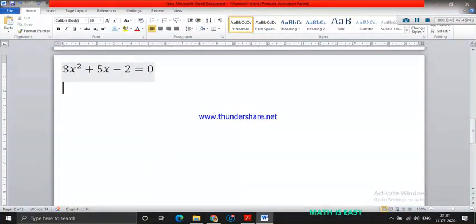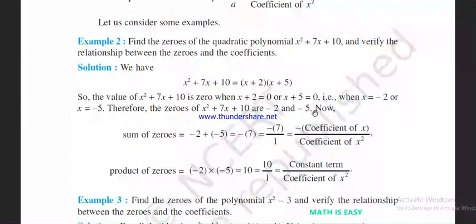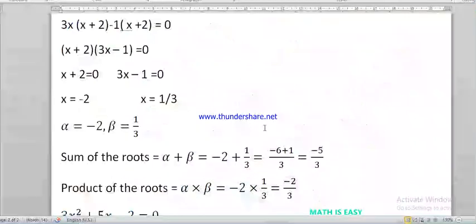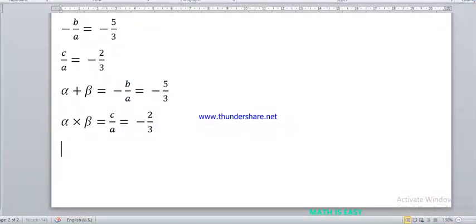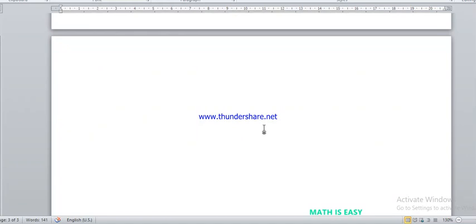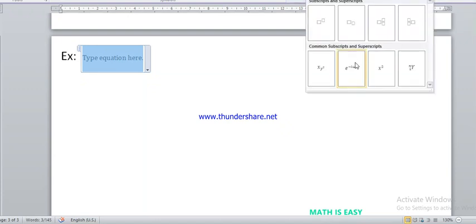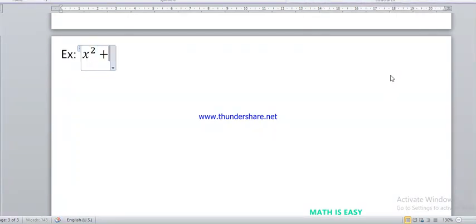So if you want, you can take another example to do this. Let me take x square plus 7x plus 10. Yeah, I'll go to the next example. The question will be something like: verify the relation between zeros and coefficients in the given polynomial. So x square plus 7x plus 10 equals to 0. Whatever the polynomial they have given, I'll take it as equals to 0.